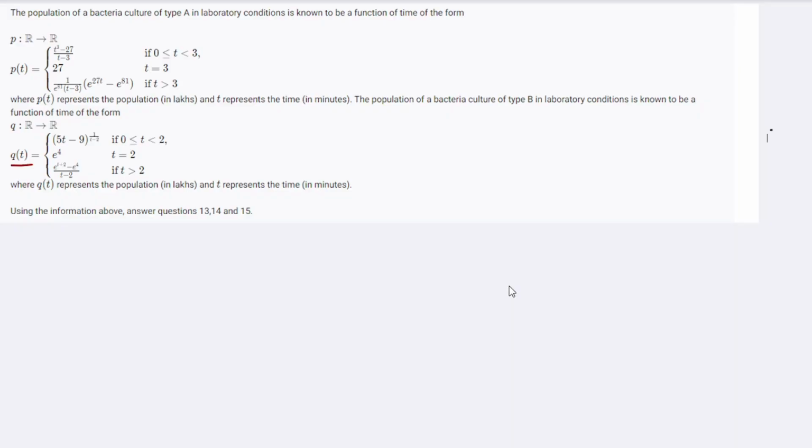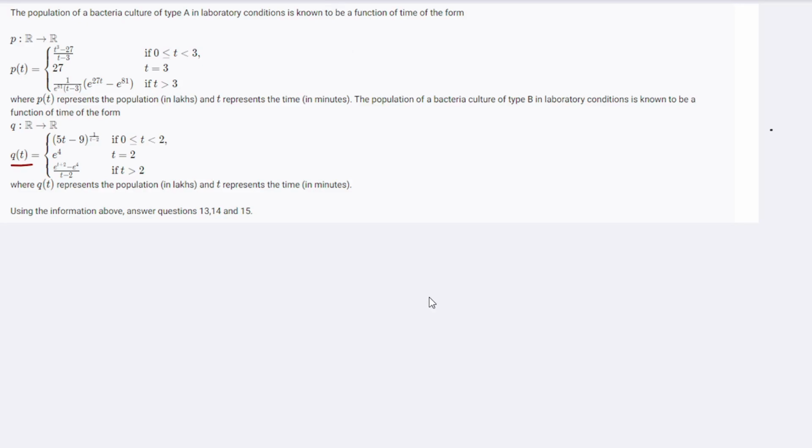In this particular video we will be solving the remaining questions, that is question number 13, 14 and 15. In the earlier session we solved up to question number 12, and we will be particularly dealing with question number 13, 14 and 15 in this session. So question number 13, 14 and 15 are derived from the statement